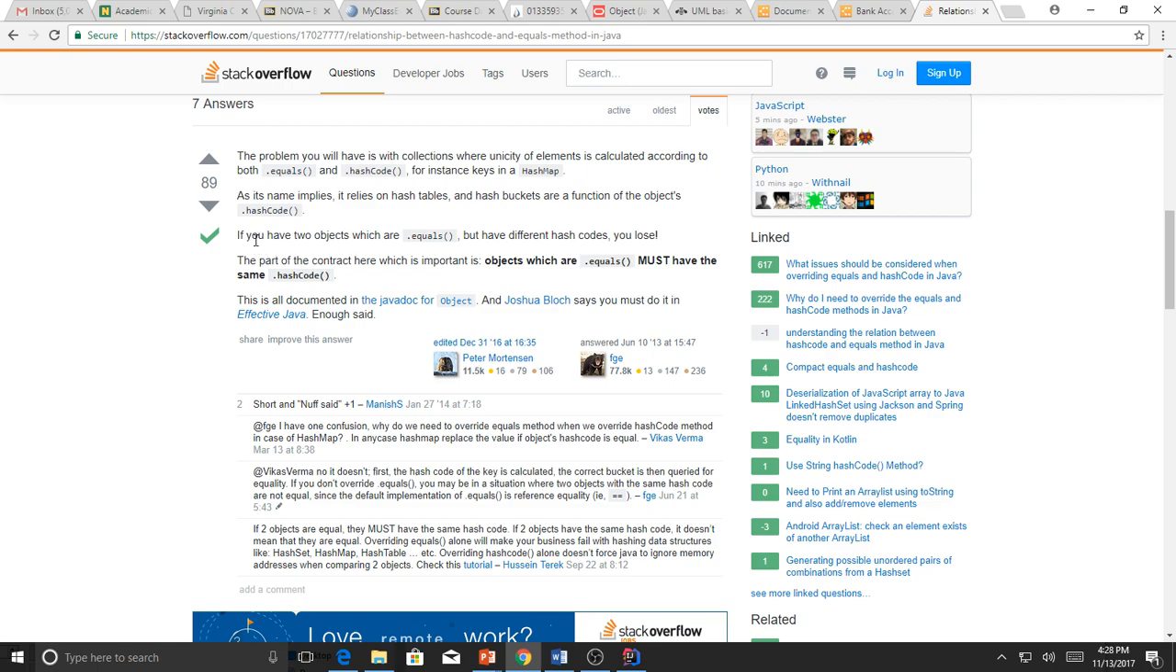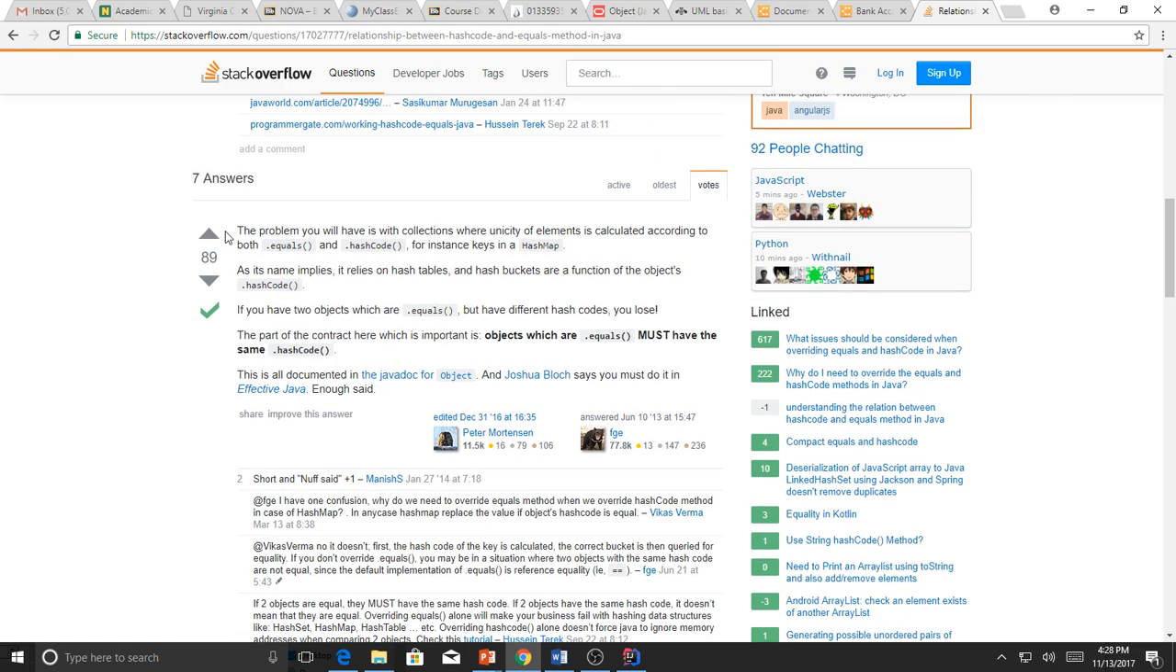Okay. So is hashCode a key that's given to an object once it's executed? So the question is, is hashCode the key that's given to the object? Yeah. HashCode is pretty much